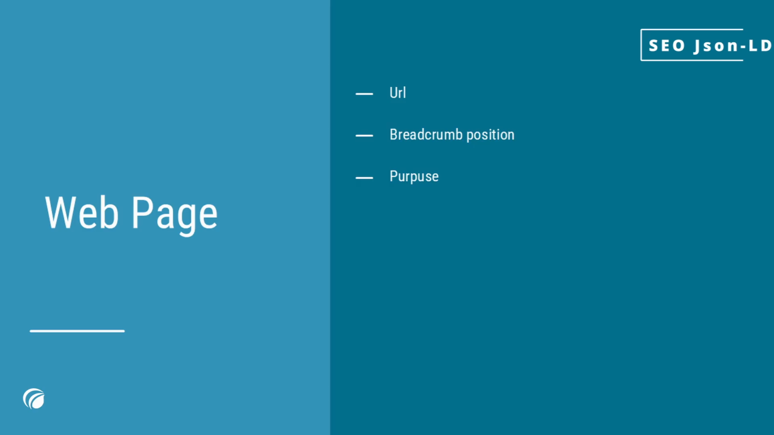We have a number of different page types. First, we have a simple web page. Simple to understand, right? This is the fundamental type. Every page on your site should have a web page markup at minimum. It tells the search engines this is a distinct web document with its own URL, breadcrumb composition, and potentially its